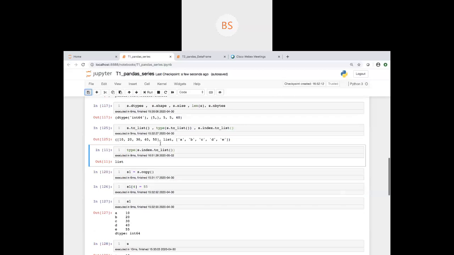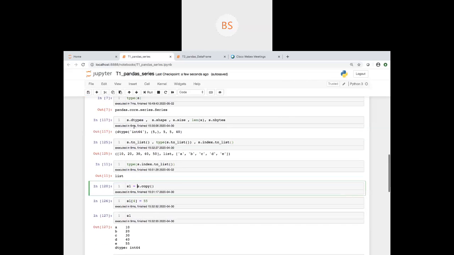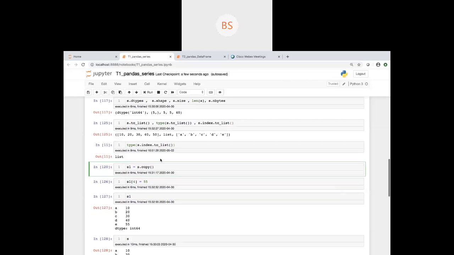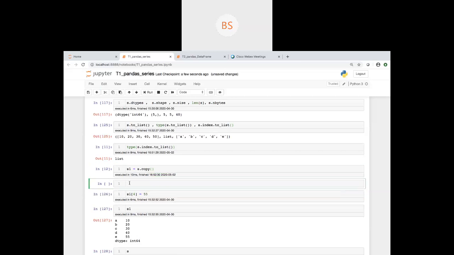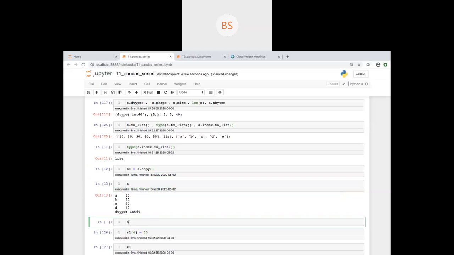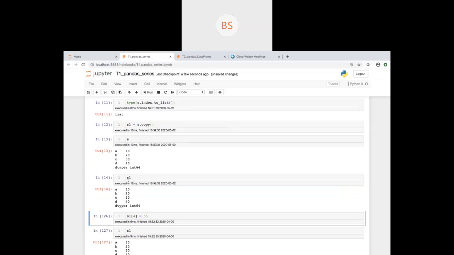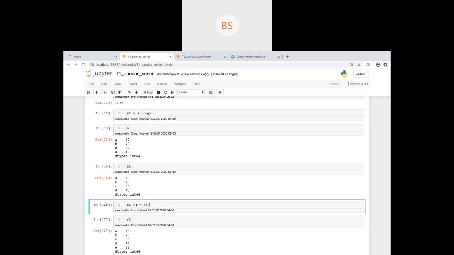So I want to tell you one thing. Let's say I have one list s which I created here on the top, and I want to create a copy of it. So I use s dot copy and create a new list, s1. So s is this, and s1 is this. Exactly identical, right? Because I created a copy as s1. Now I am changing an element of s1 to 55.